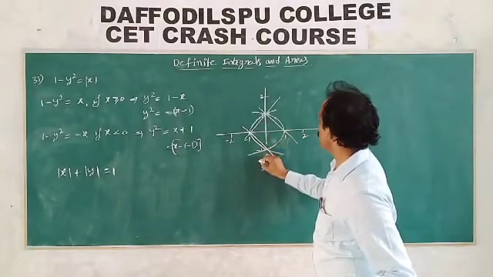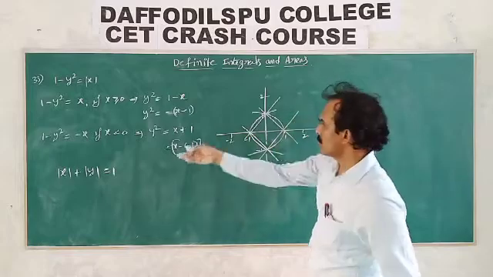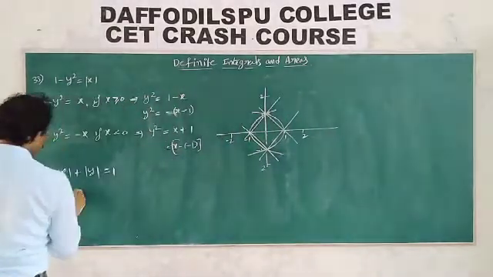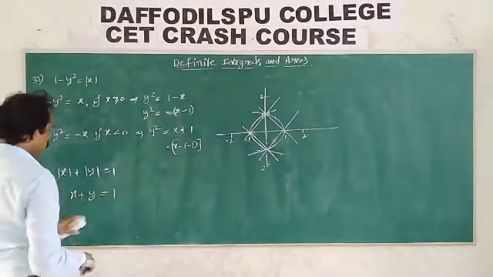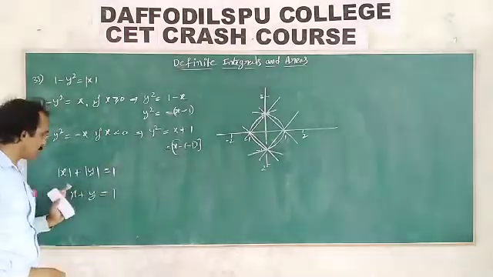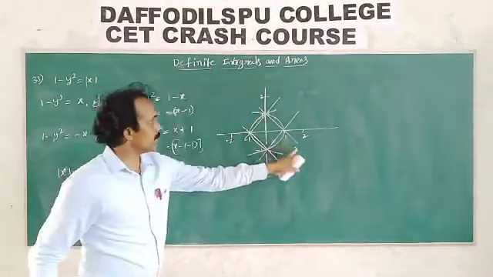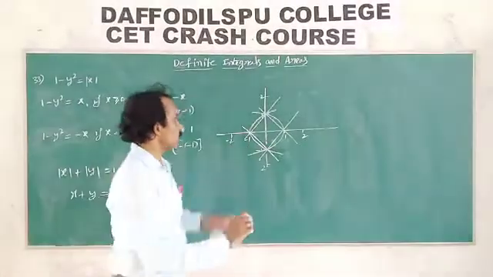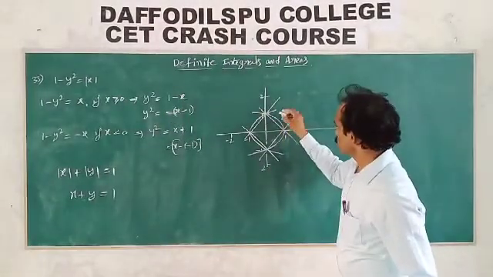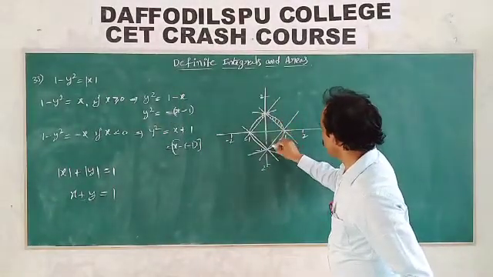X less than 0, y less than 0, that line. So, like this line. First put y is equal to 0, x is equal to 1. Put x is equal to 0, y is equal to 1. So this line is for x plus y is equal to 1. So like 4 quadrants. How to find this area? So this is the finding area.